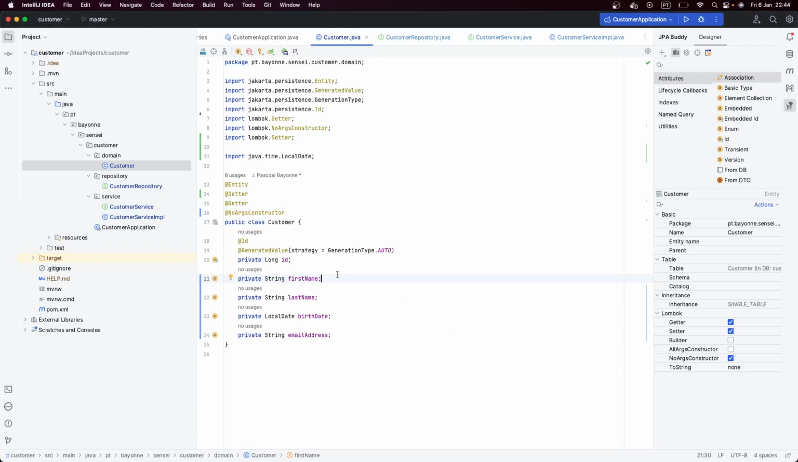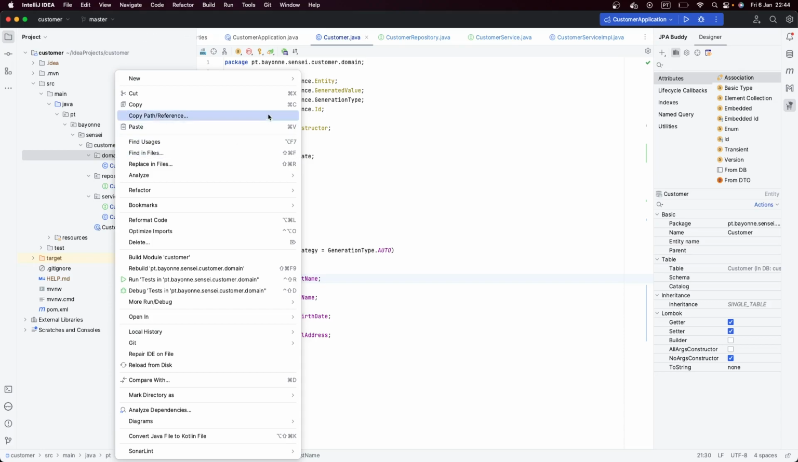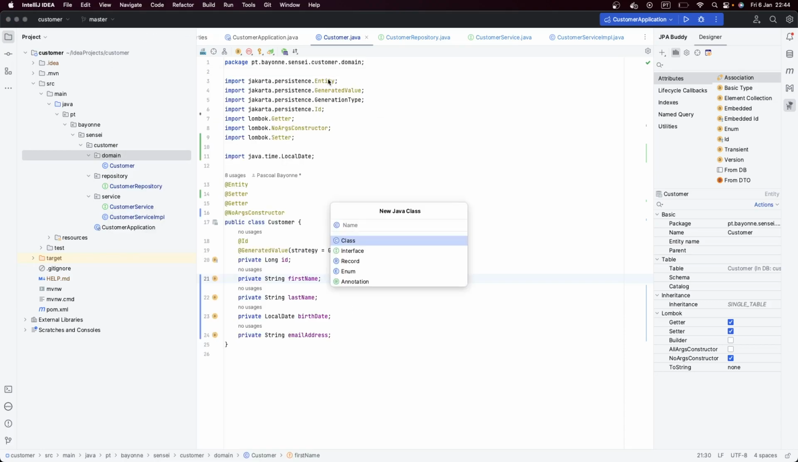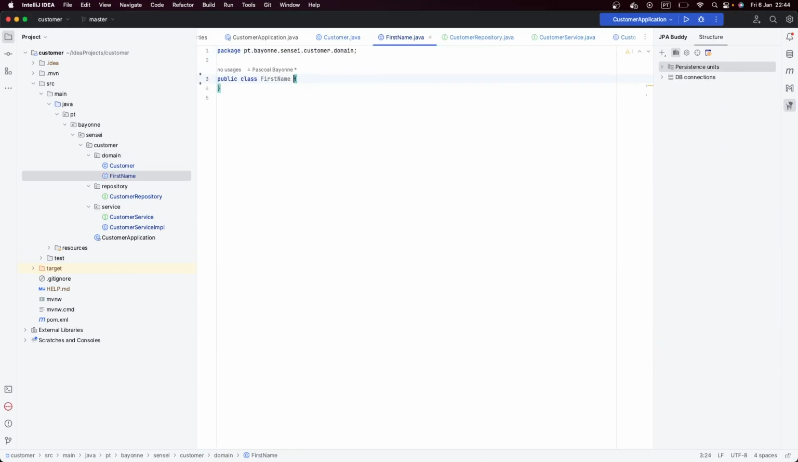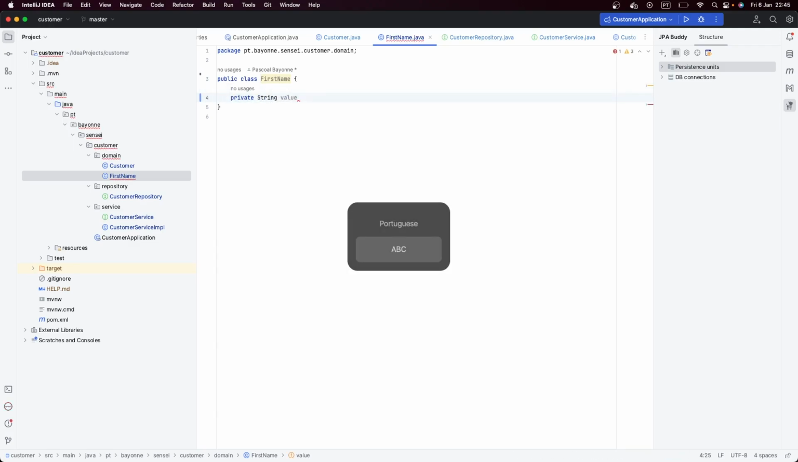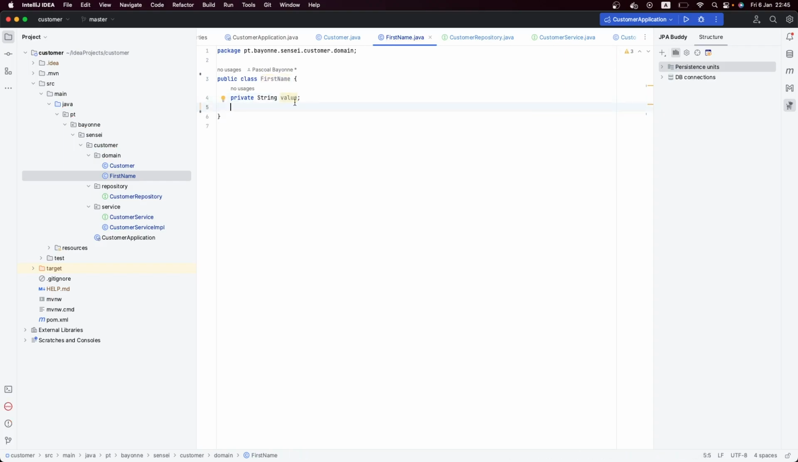So guys, let's start refactoring the first name. In that order, let's create a new class. Let's call it FirstName. So having the first name, the first thing that we need to do is to give a field. Let's call it value. Now that we have the first name and the field value, which will receive the value of the first name,